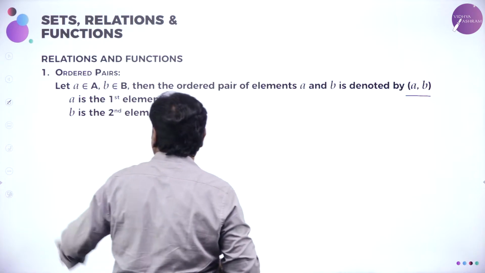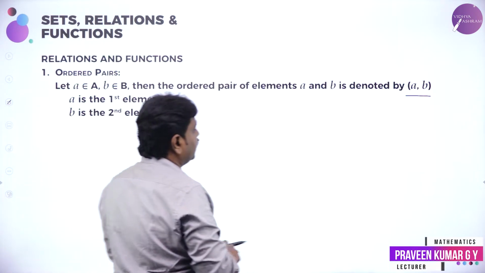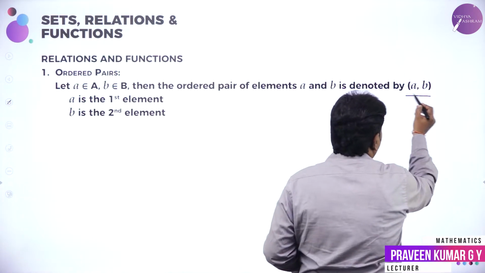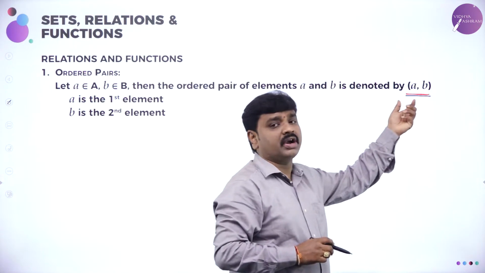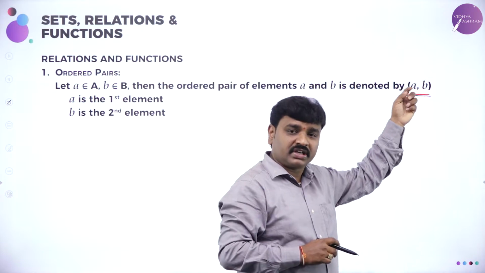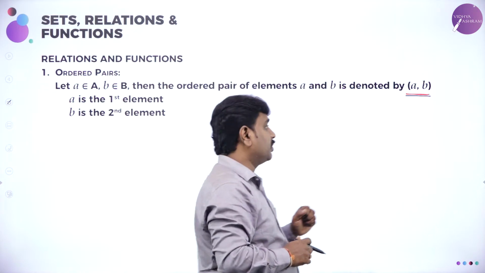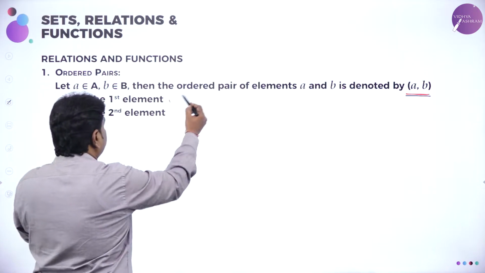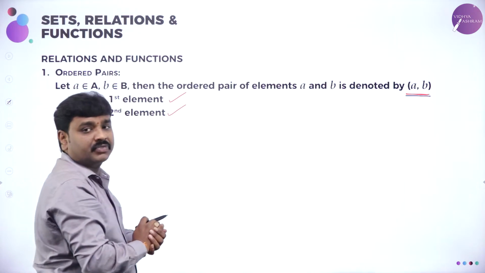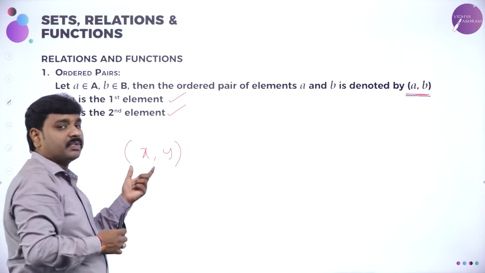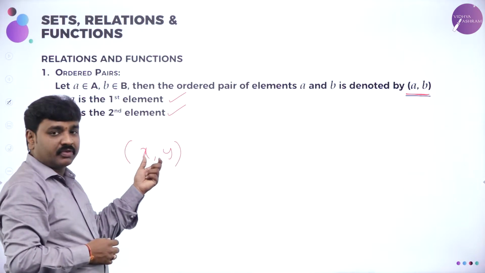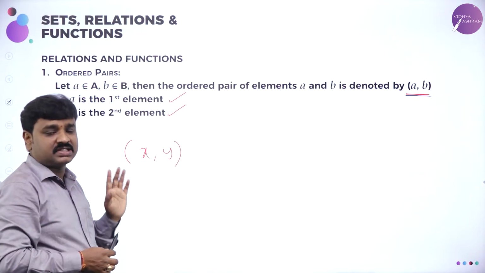So now, how do we read this? Ordered pair (a, b). Now onwards we read this as ordered pair (a, b). In geometry we read this as a point, x coordinate, y coordinate, but here we'll read this as ordered pair a comma b. And a is what? First element, and b is second element. Suppose I write (x, y), this is the ordered pair (x, y). x is the first element, y is the second element.